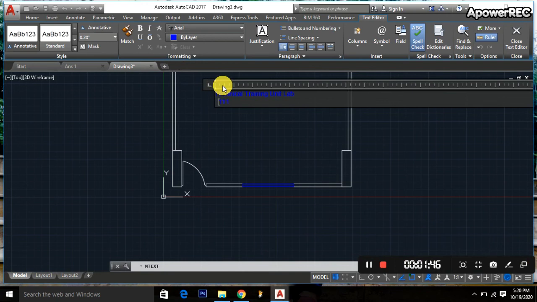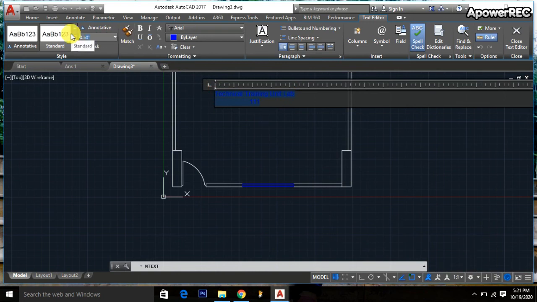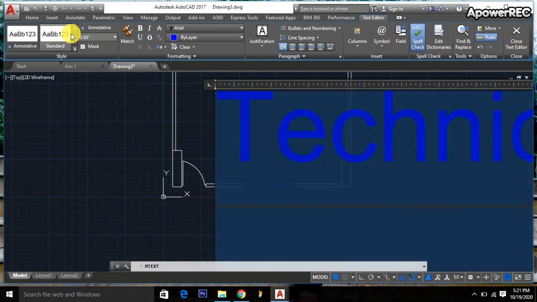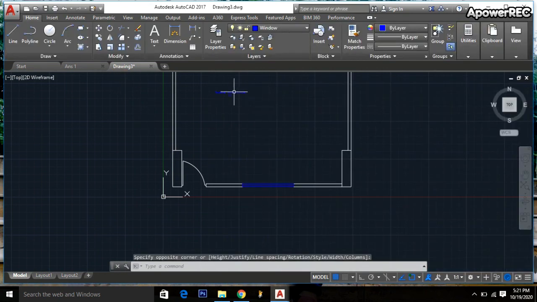Okay, and I am taking the dimension would be 0.5, or I am taking 3. Okay, done.